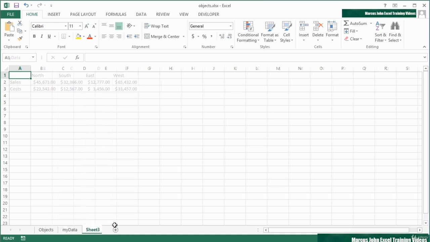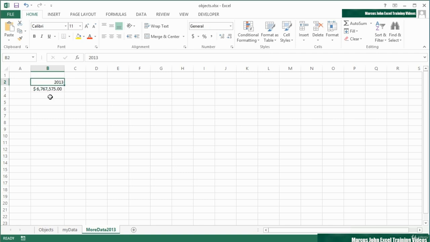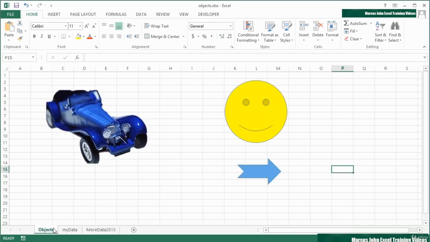So I added a new sheet and called it more data 2013. A little bit of information in here, 2013. Large number as money, and then we'll just give this cell here a name. So click into the name box, call it year data. Remember that names cannot have spaces in. Return to accept the name, then back to objects, and we'll make the smiley face go to the more data